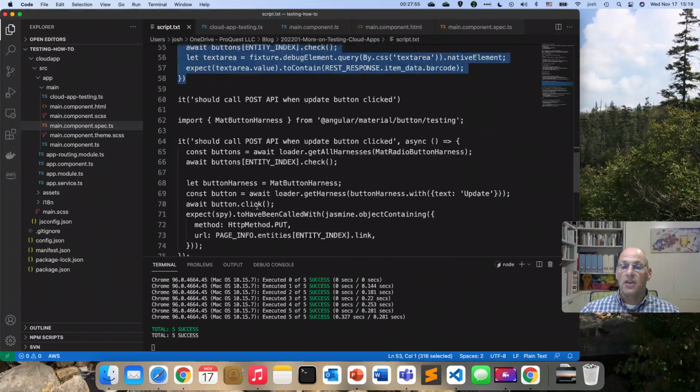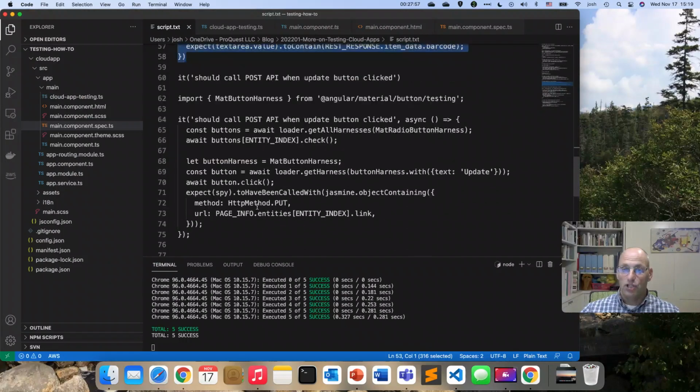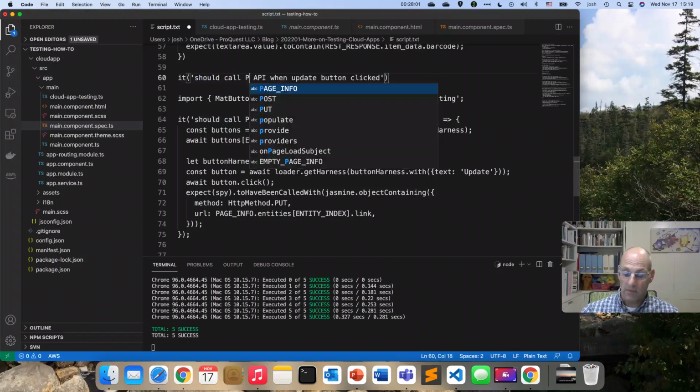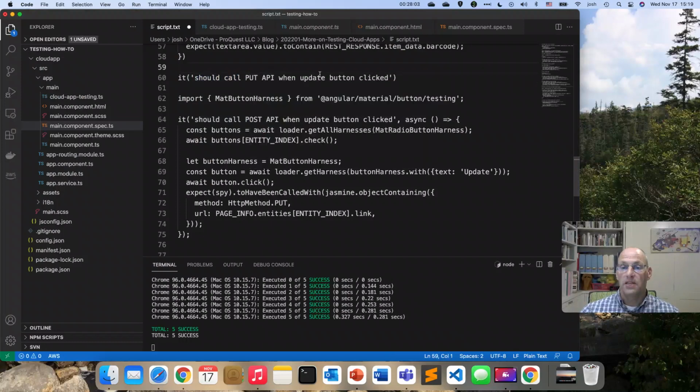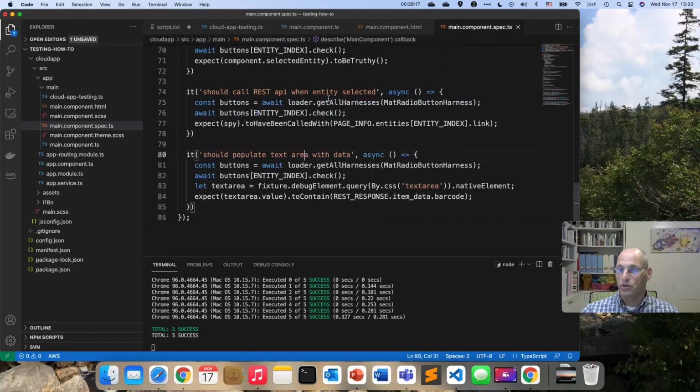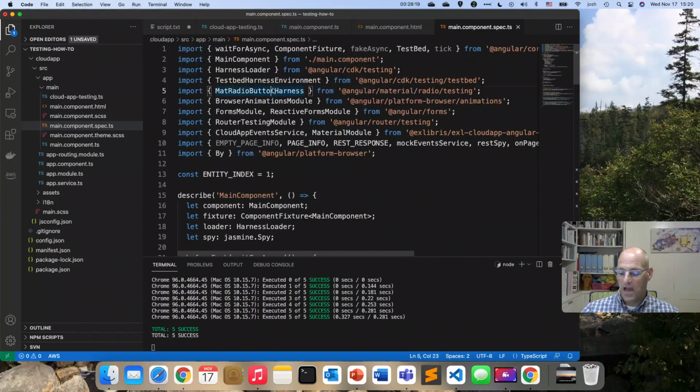And then the next test I want to do is validate that it calls, actually this should be a put API, when the update button is clicked. So in order for me now to click the update button, I need to import one more of these harnesses. Remember, these are the material harnesses that allow me to easily get a handle on my material components. So I'm going to grab that,